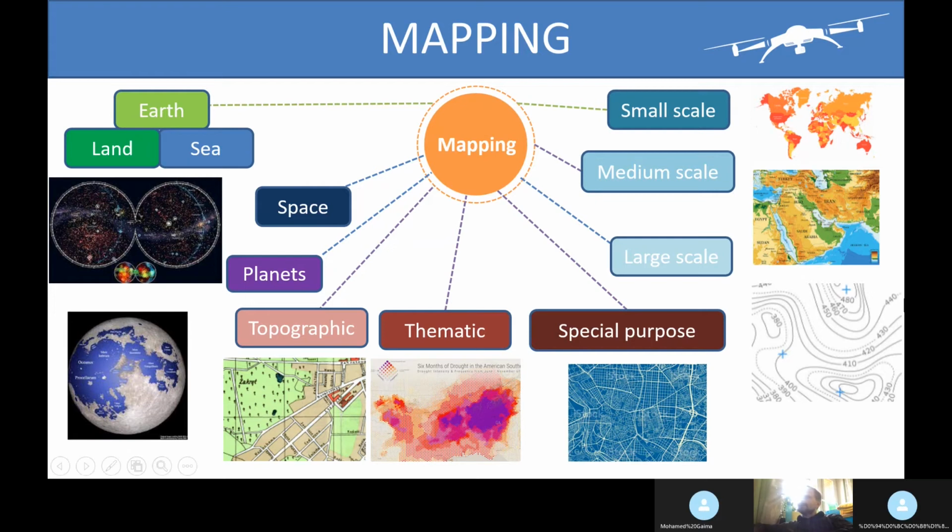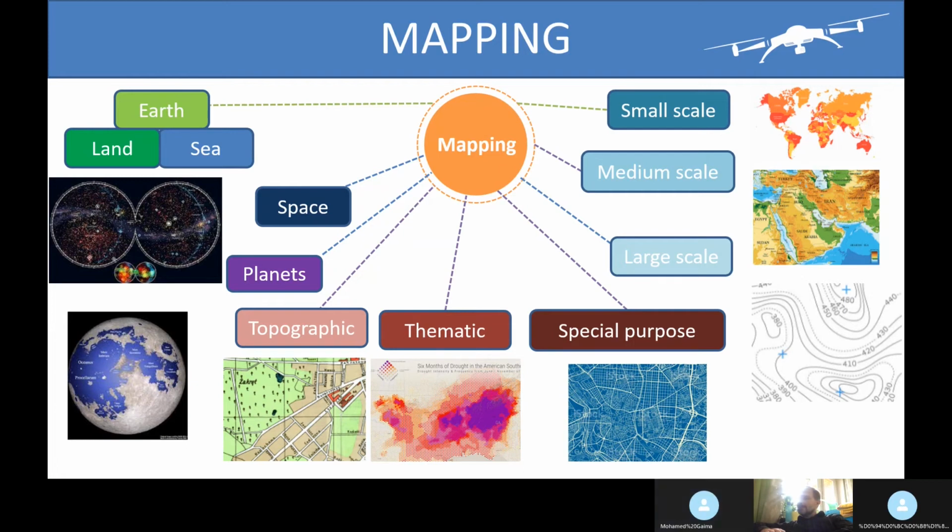Another classification is a classification of maps depending on their scale. Small scale maps give us the whole world picture or view. Medium scale gives us continents and countries and regions of the world. And large scale maps give us